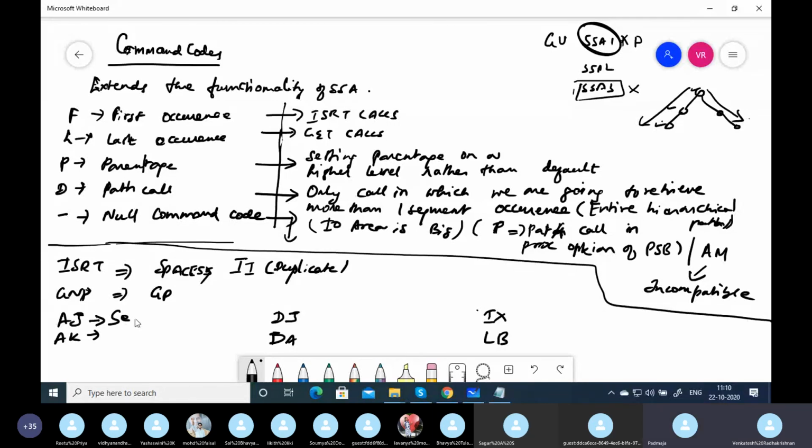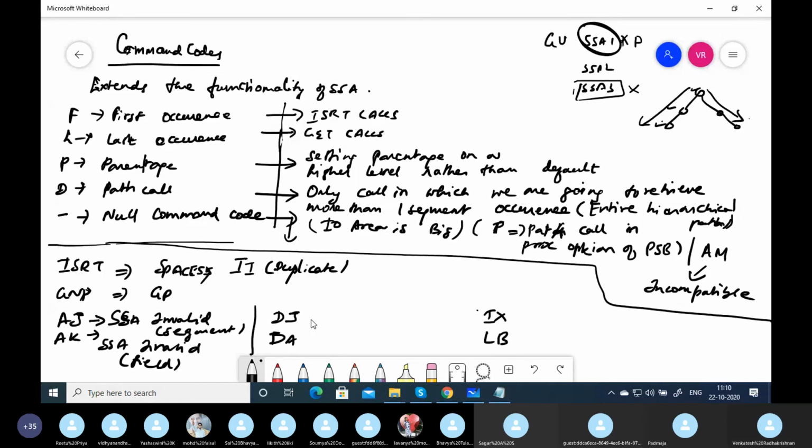SSA incorrect, SSA invalid. Basically in the segment, either the length or the segment name is incorrect. AK is also SSA invalid, but it is the field. The field you have given is incorrect.